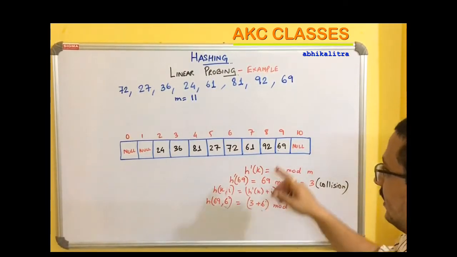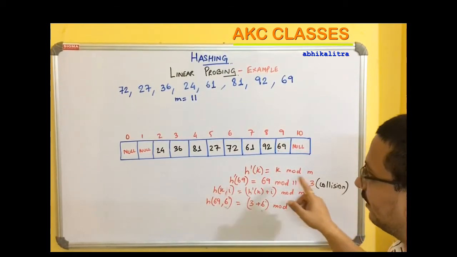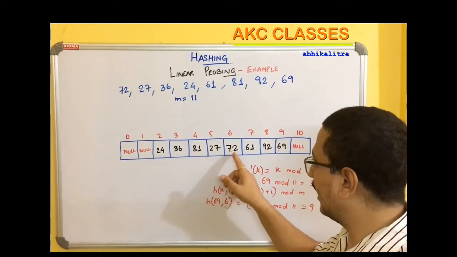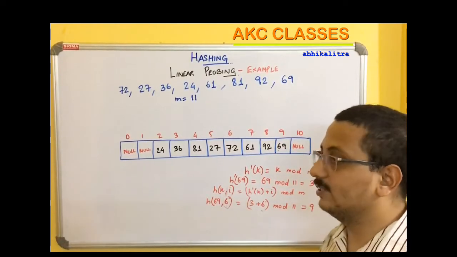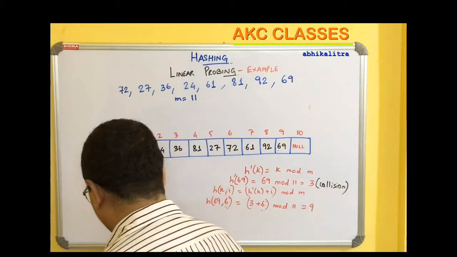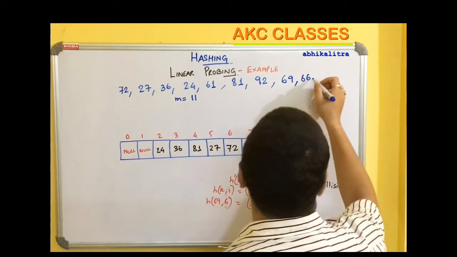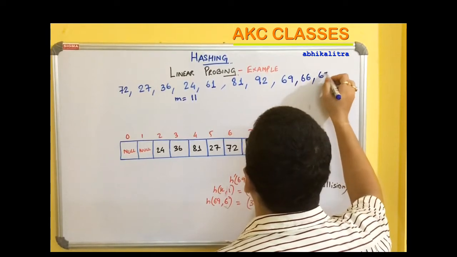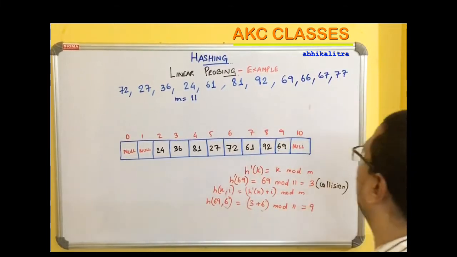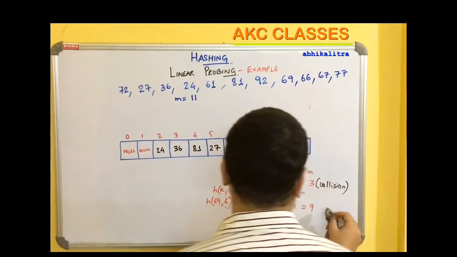So obviously if now 69 has to be retrieved, then the hash function primarily will generate 3. After that we are basically performing a linear search one after another until we find 69. This particular search can become a very time consuming process. If I add 3 new values to the existing set of values, like 66, 67, and 77, let's see what happens.